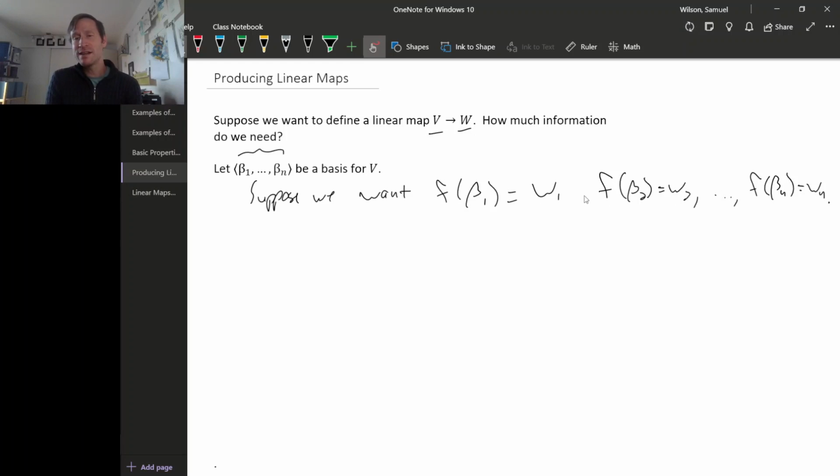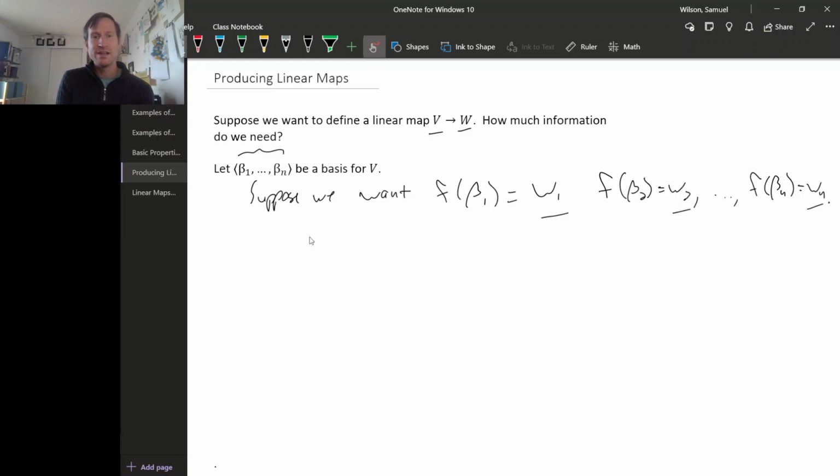Now, by writing this down, I'm not implying that the w's should form a basis for capital W. W1 through Wn might be linearly independent, they might be linearly dependent, they might not span all of W, they really could be any vectors in capital W. So what I'm just saying is, suppose we know what we want to have happen to the basis